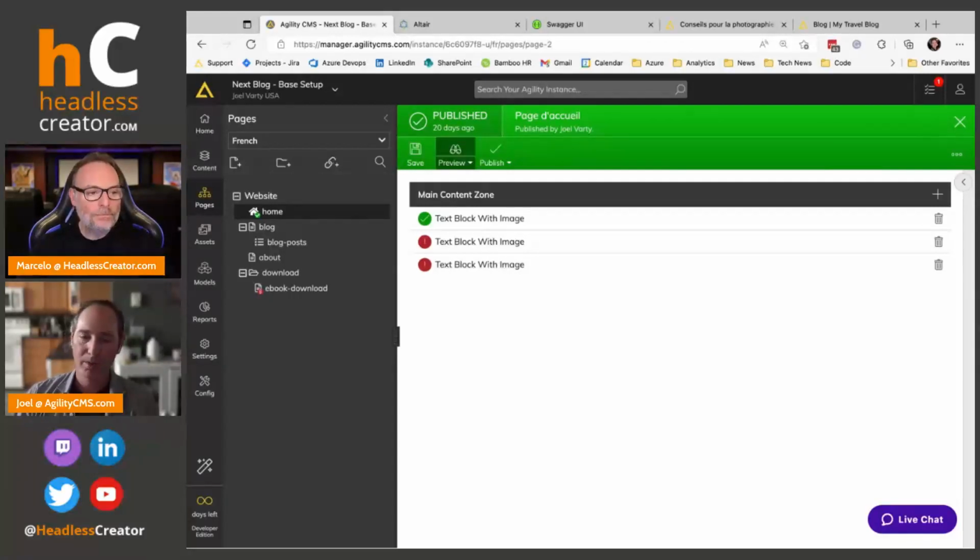Yeah, so what Agility does is when you click preview, it adds the language code as a query string to the end of the URL that you have to implement. I think it adds lang equals onto there. So what you have to do is, in your front end, set up a redirect to redirect it to however you're handling that language. So there's only one preview URL that